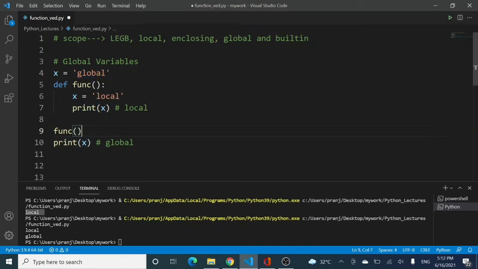See, I'm printing global outside the function. The inner print statement is printing local, but I want this inner print statement to also print global. So how can we access the global variable inside a function, because they have the same name? So if I write over here